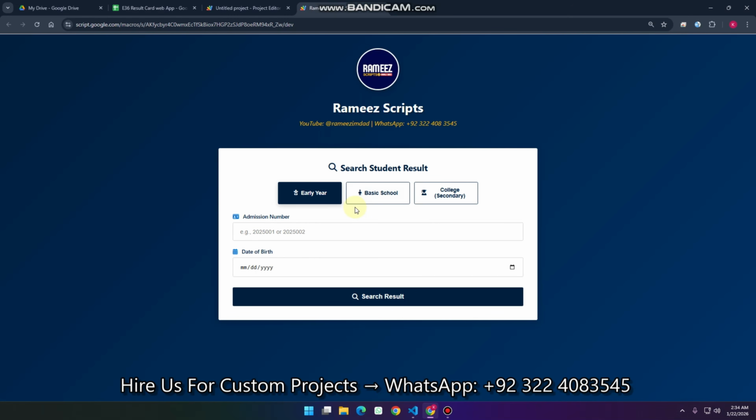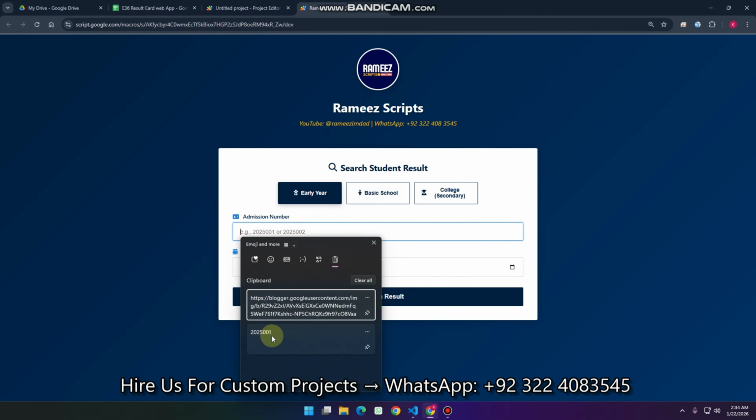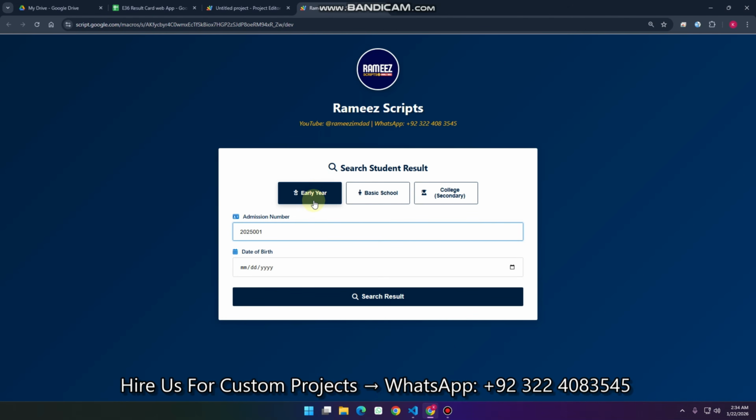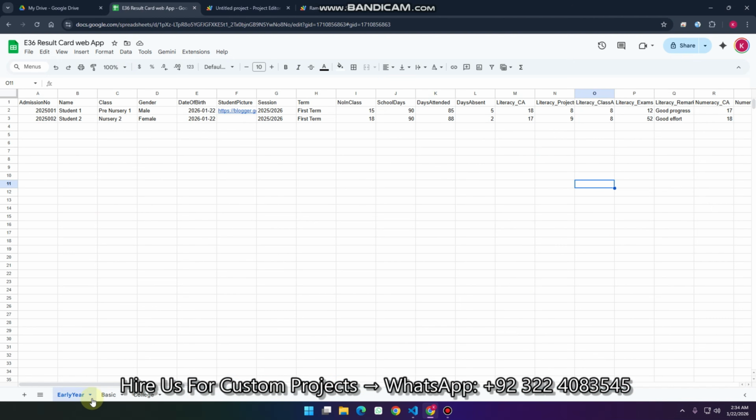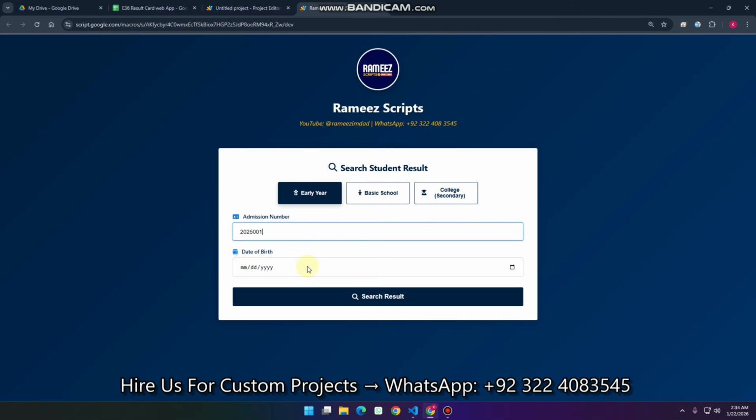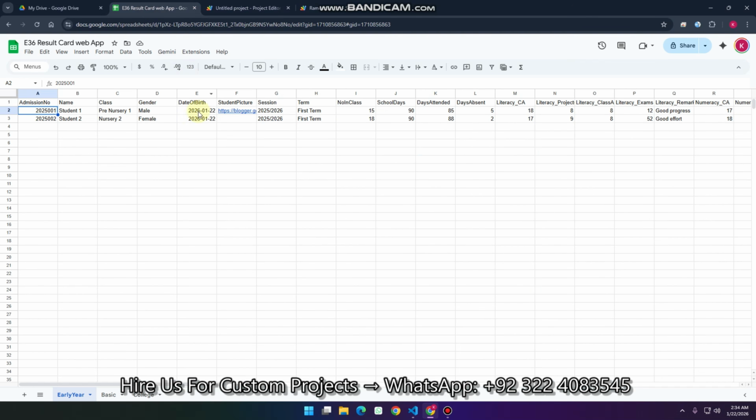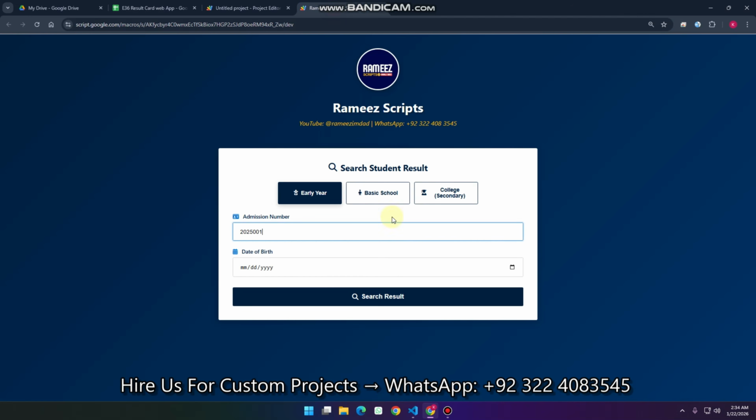For now, you can see here a student comes and enters their admission number. Let me enter the admission number for this early year stage student. In the Google Sheet you can see this is early year and this is their admission number, and here the student will enter their date of birth. What is the date of birth? You can see here it's today, so I simply select today's date as the date of birth for demo purposes